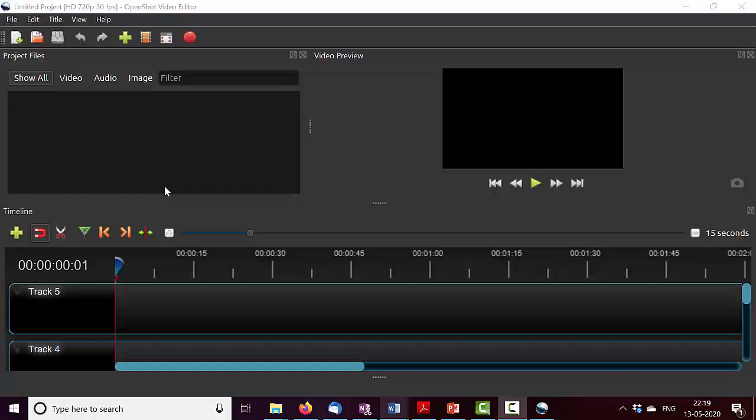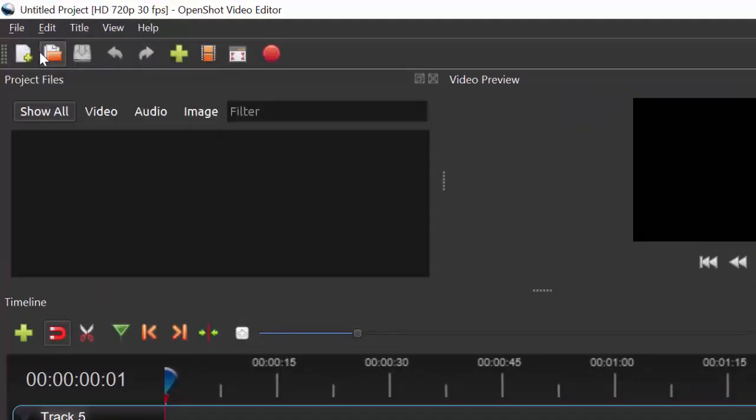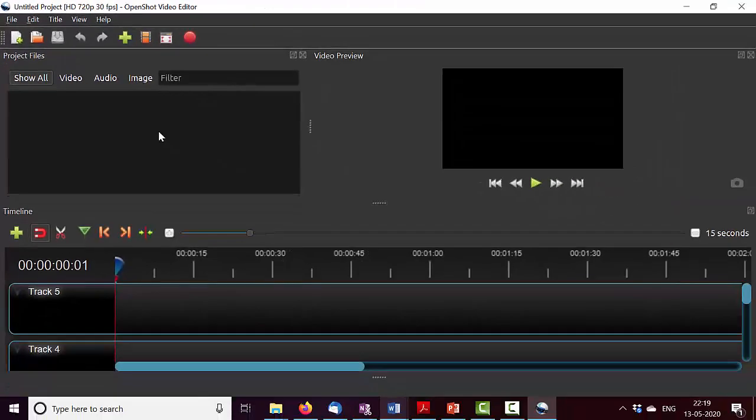To save, you first need to create a project. So for that, I'm clicking on File. I'm clicking on New Project. All this does is it's going to create a new project. Now within this project, I may have a bunch of videos that I want to be part of this project. So I need to add those videos into these project files. So these are the project files. Here is where I'm going to add those videos.